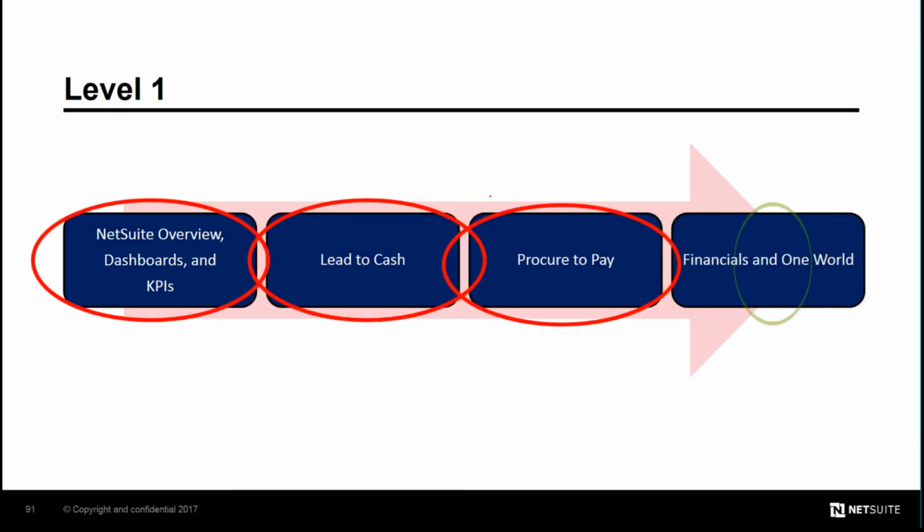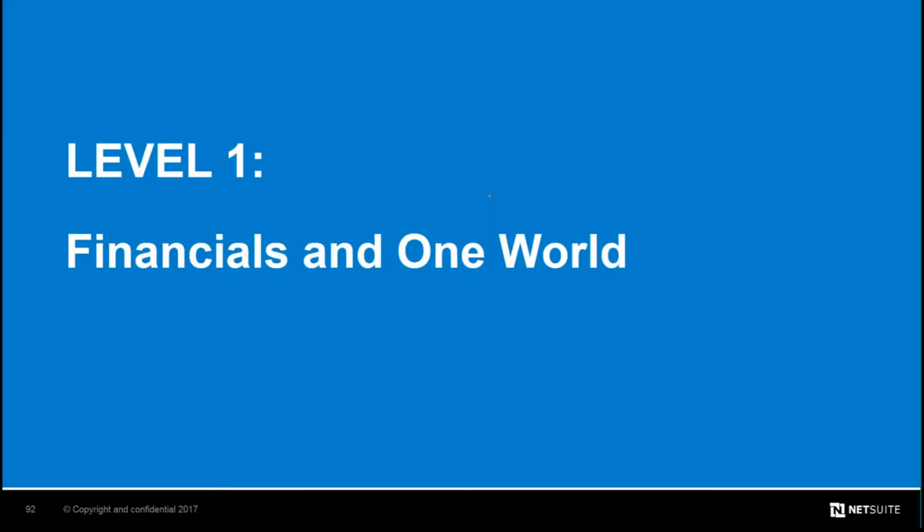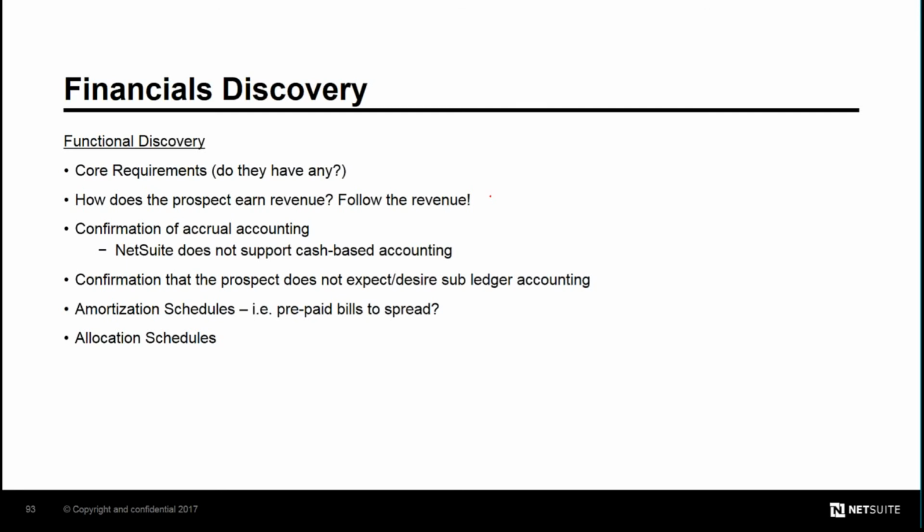So the next scenario is the financials and OneWorld. Okay, let me go here and go to the discovery for financials. So again, know the core requirements, right? We need to understand how the prospect earns revenue. So we need to follow the revenue and setting up, right? Are they doing service income, sales income, so whatsoever. Confirmation of accrual accounting. Of course, that's it. You're using accrual accounting. We're not using cash-based accounting. Confirmation that the prospect does not